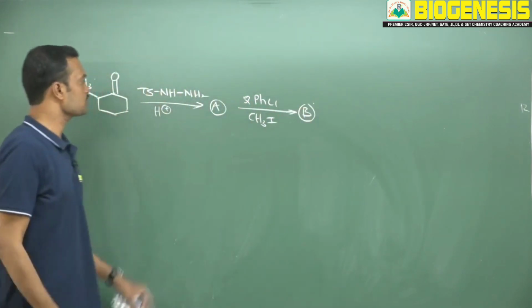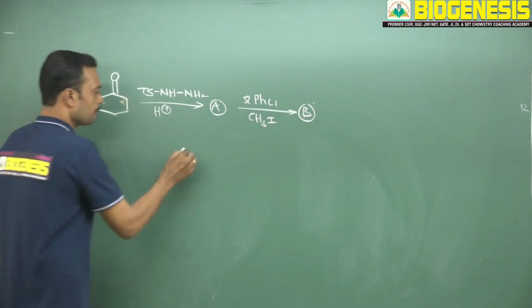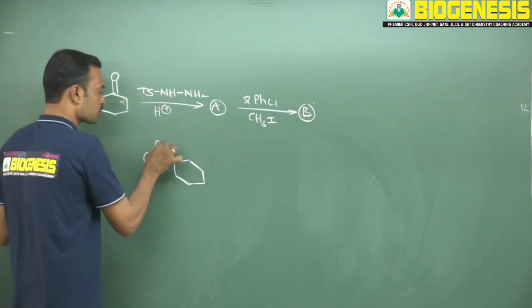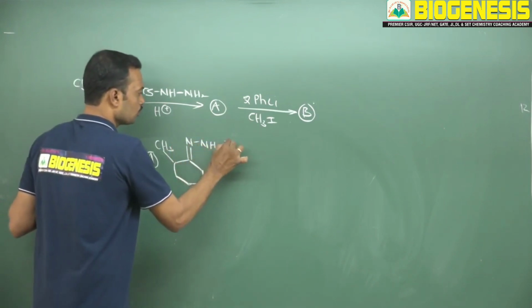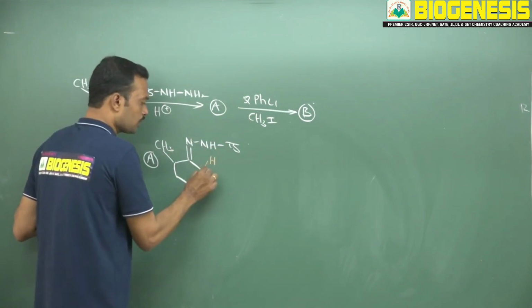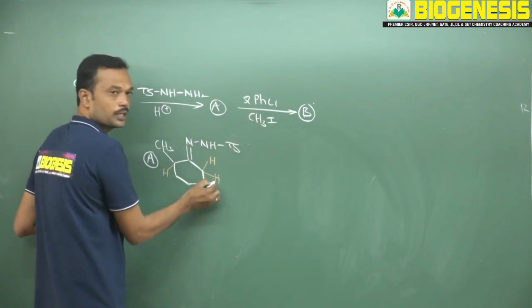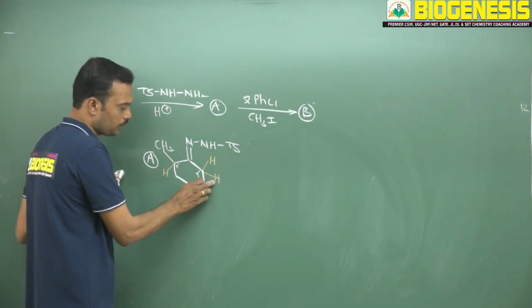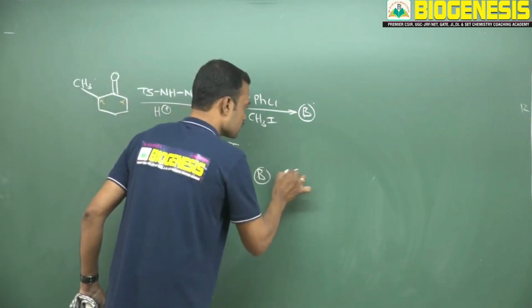So in this case what happens, see, 2 different alpha carbons are present. Select that alpha carbon like this. Now before involving in the Shapiro reaction, first this carbonyl group gets converted to tosyl hydrazone. After converting into tosyl hydrazone, see, this carbon has fewer substitutions, this carbon has more substitutions. So it will take a proton from the less substituted alpha carbon but not from the more substituted one. So remove the proton from here, remove hydrogen here and put a double bond over here like this. So your answer B is C.